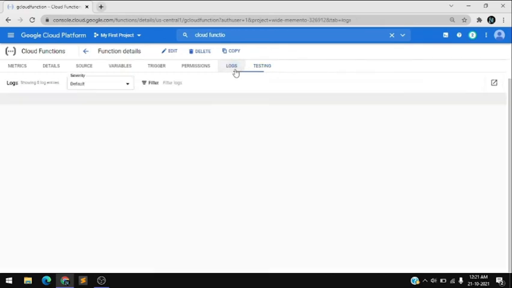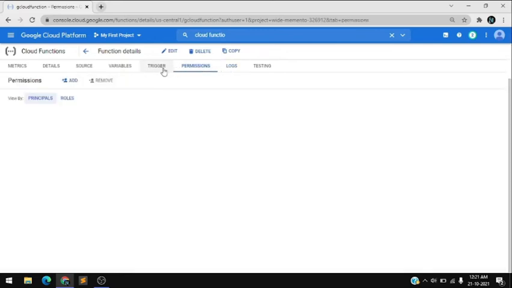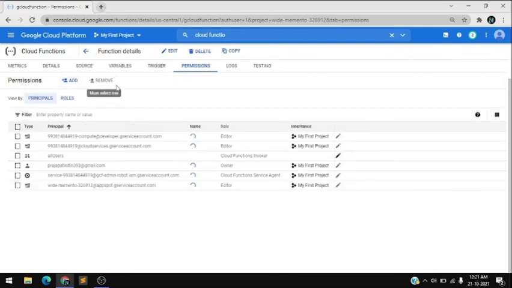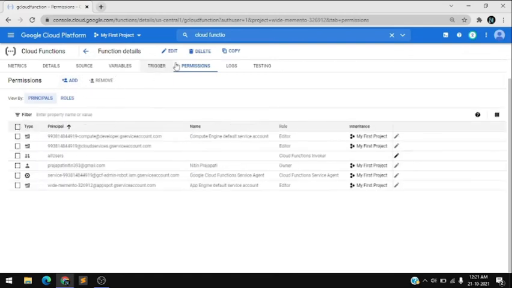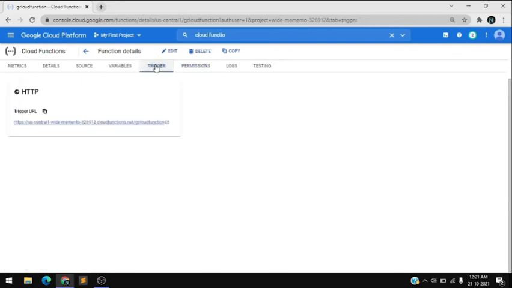Here you can see the logs activity, and here you can see the permissions, and trigger options are available here. You can copy this URL if you want.